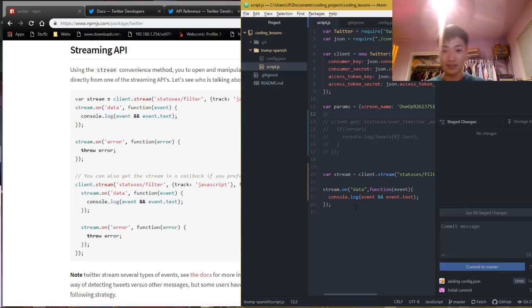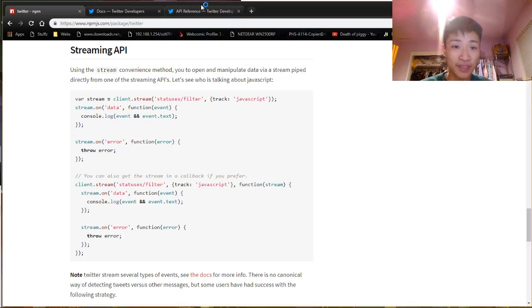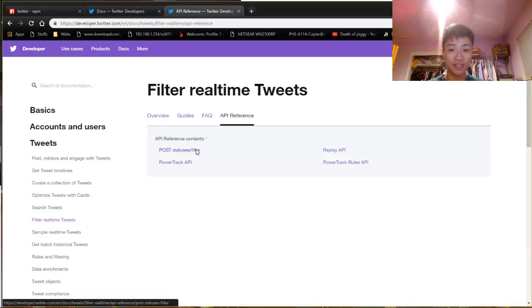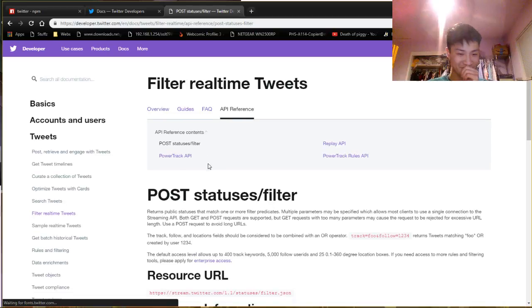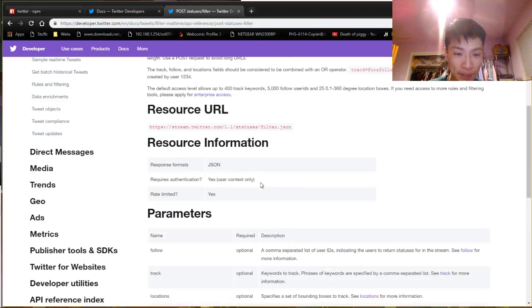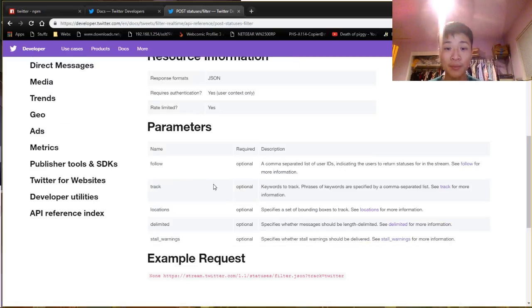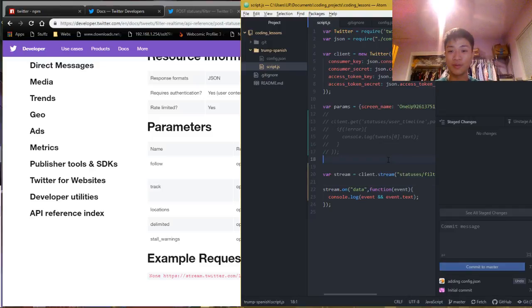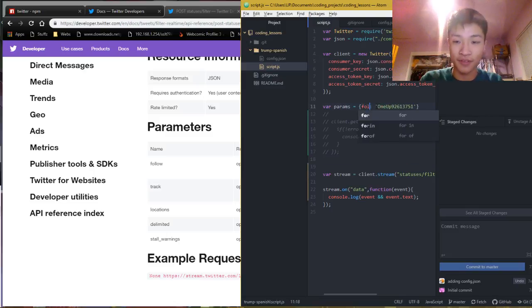Okay. So wait, let's go back to the API reference. So here, they have this thing called statuses slash filter. Now they called it post, but I don't think it really matters. So they have a couple things here. Follow. A comma separated list of user IDs indicating the users. Okay, so instead of screen name, we're gonna call this follow. All right. So this is super weird. All right, you see, it's really clear. When I read these little